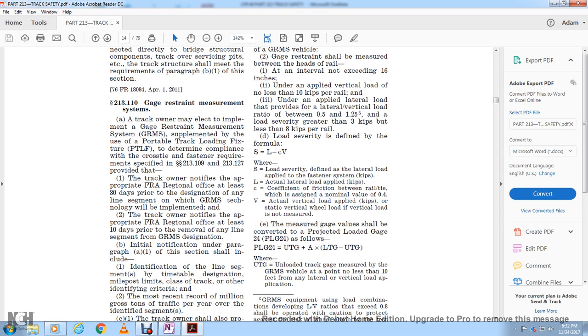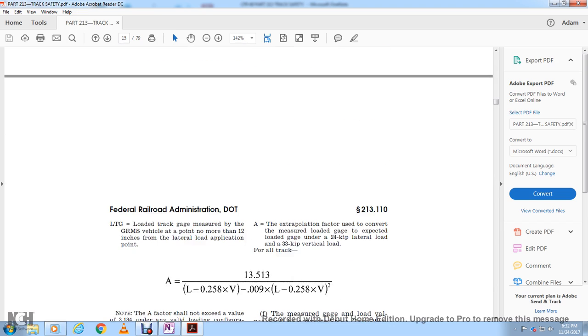The measured gauge values shall also be converted to projected load gauge 24, or PLG24, as follows. Projected load gauge 24 is equal to the unloaded track gauge measured by the gauge restraint measurement system vehicle no less than 10 feet from any lateral or vertical load application, plus the lateral load track gauge measurement measured by the gauge restraint measurement system vehicle no more than 12 inches from the lateral load applicator, and A, the extrapolation factor